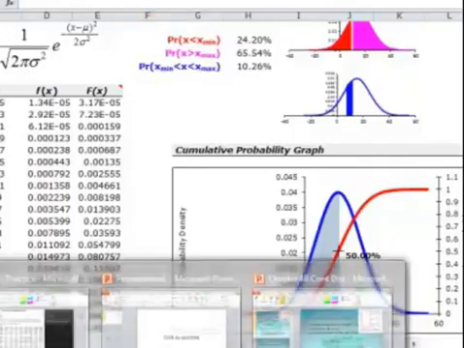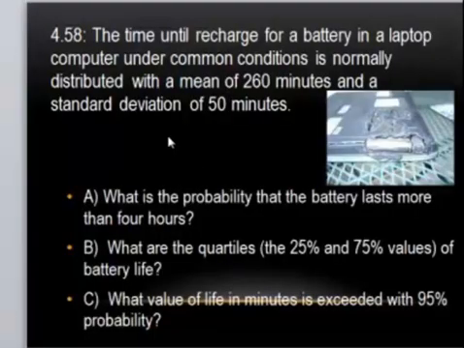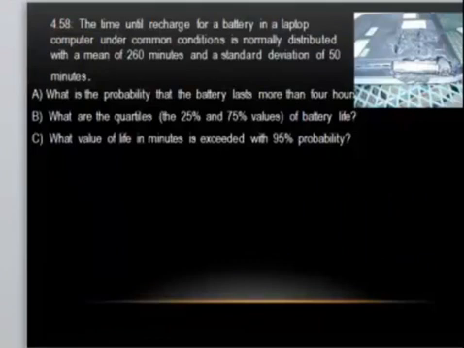Okay, so a new problem for you. First off, what is 4 hours in minutes? We've got to translate it. Okay, so it's 240 minutes. So the probability that the battery lasts more than 4 hours, or 240 minutes, well, if we look at it,